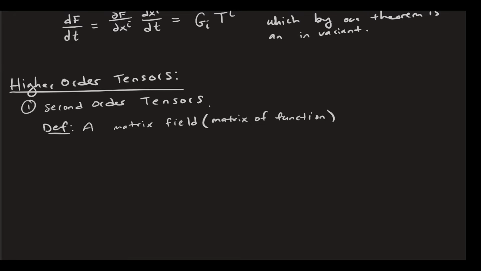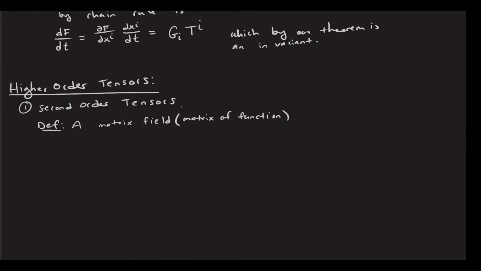A matrix field is a contravariant tensor of order 2 if its components transform as